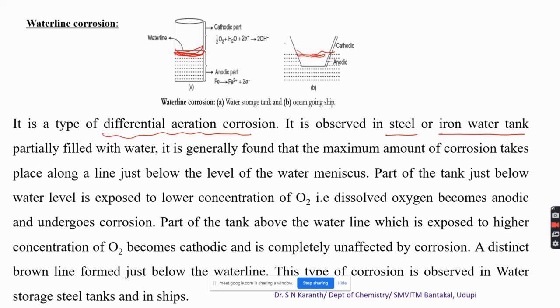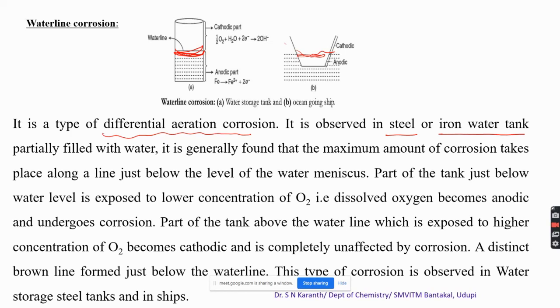Okay, the portion which is immersed in the water just below that water line is always exposed to the dissolved oxygen, a less oxygenated site, whereas the other portion is exposed to a more oxygenated site. So as a result, just below the water line, we observe a brown line formed. This type of corrosion, called waterline corrosion, is observed in water storage steel tanks and even in a ship. Okay, this is one